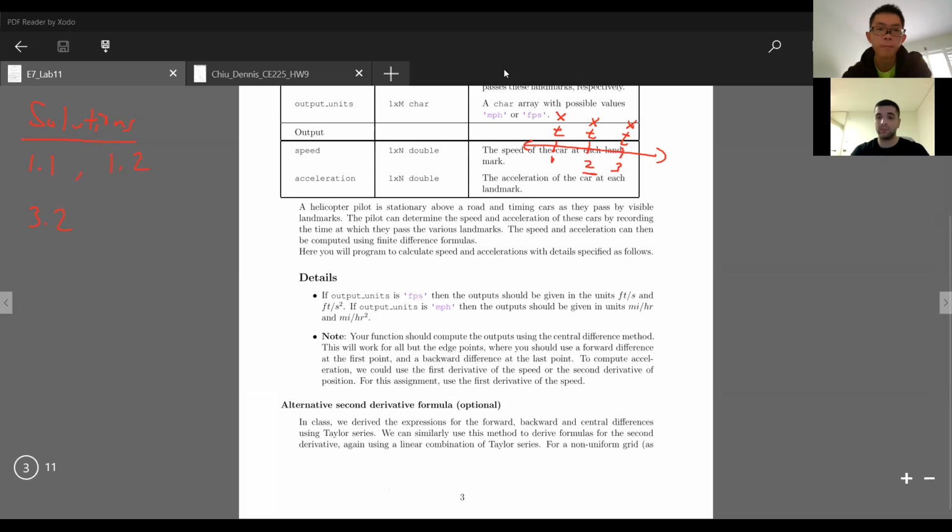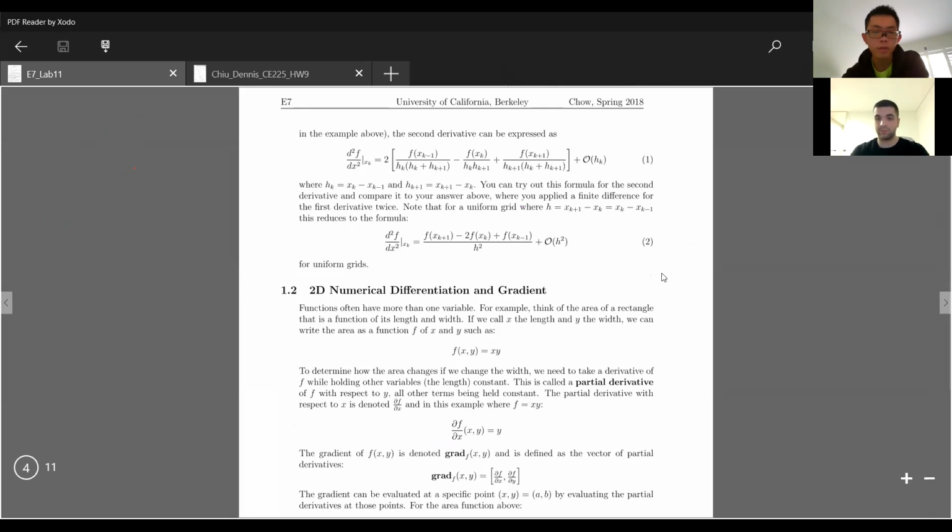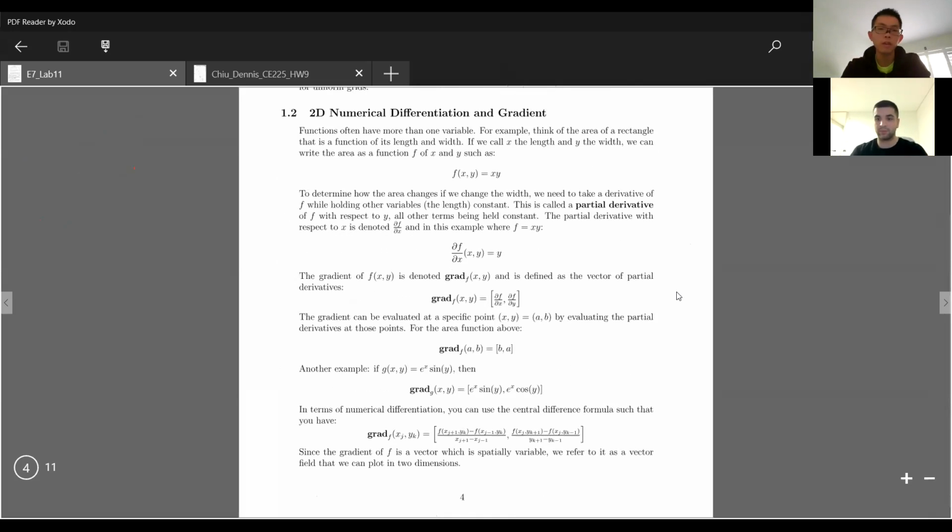That's the first one. Clear this. That's 1.1. And assuming I didn't miss anything else. No, this is just an alternate method. Okay, this one is